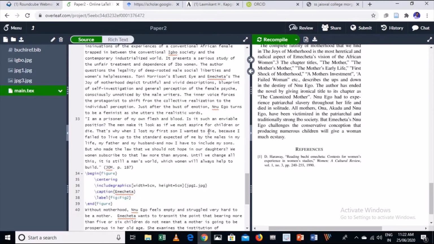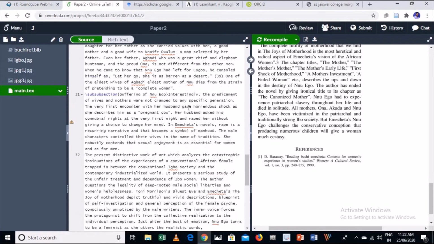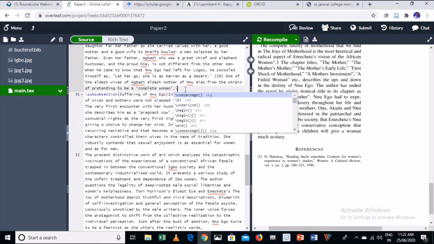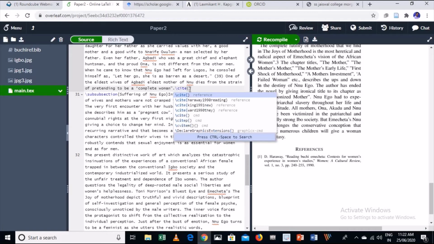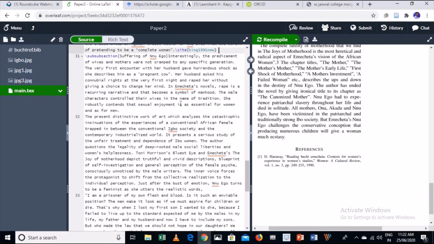Again, if you want to cite another work, suppose just before this subsection I want to cite another work. Click there and type backslash cite. In the curly bracket you select the second option. This is my second work.